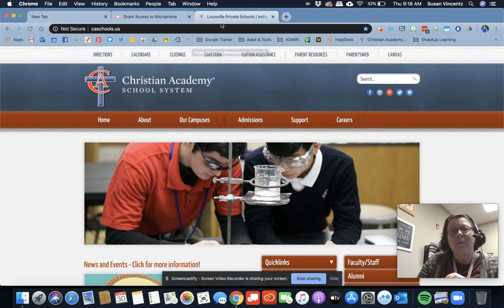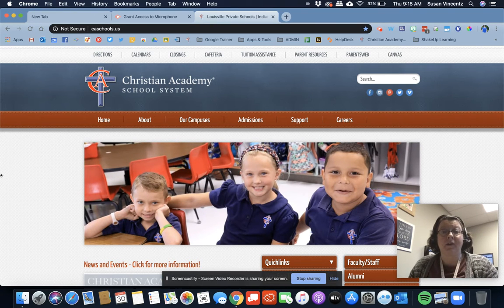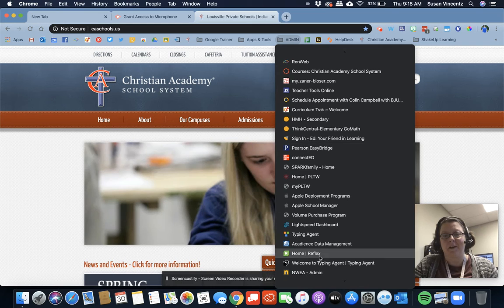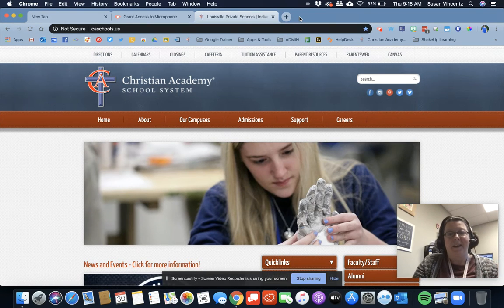Now, you may have several favorites that are along the same lines. So for example, when Shanda and I do a lot of our rostering for you guys at the beginning of the year, for all of the different pieces of digital curriculum, we have all of those bookmarks saved in one spot on our bookmarks bar in a folder. So if I hit this admin folder right here, it's going to give me all of the shortcuts